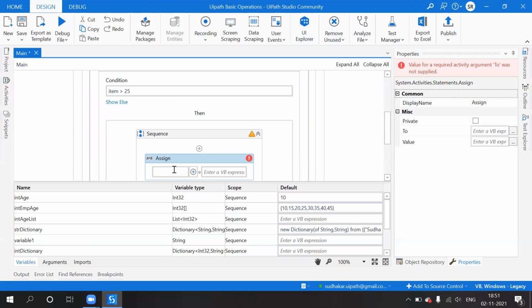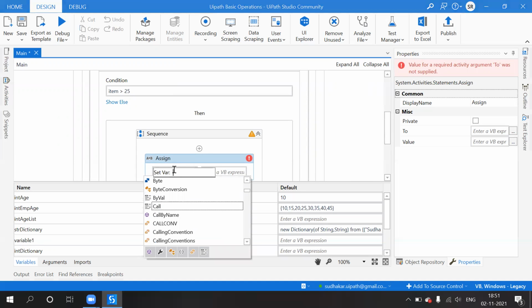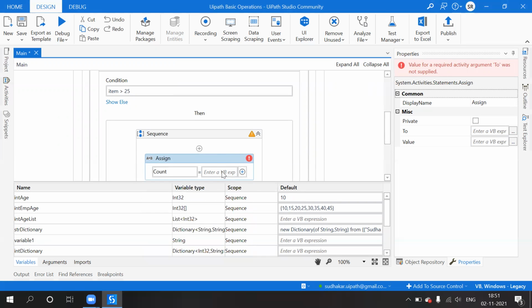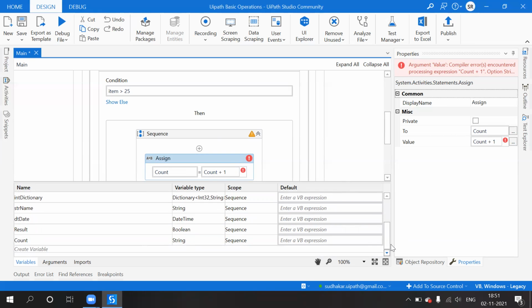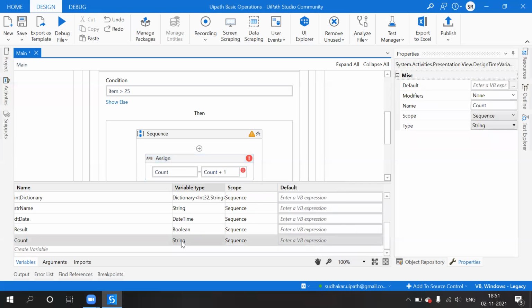So here I am creating one variable, count. Here I will use count plus 1. A variable has been created. What is that? Count means integer, right?